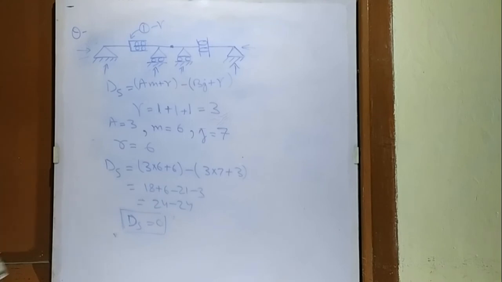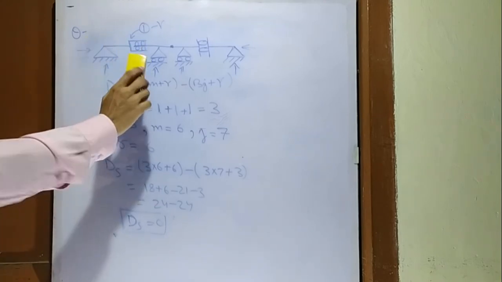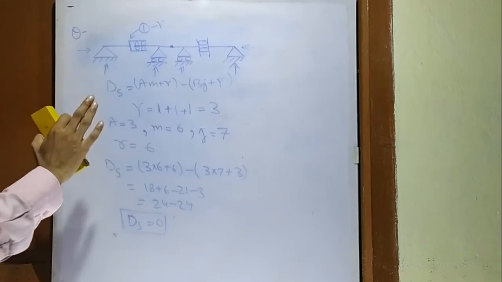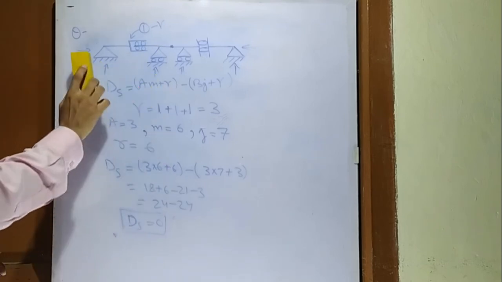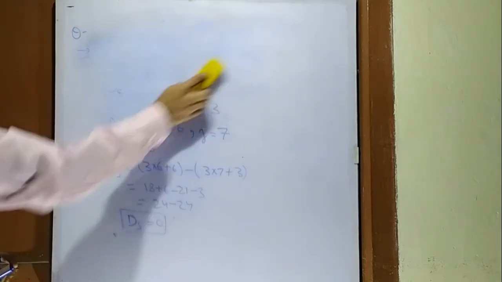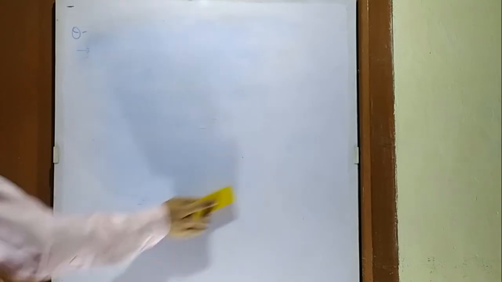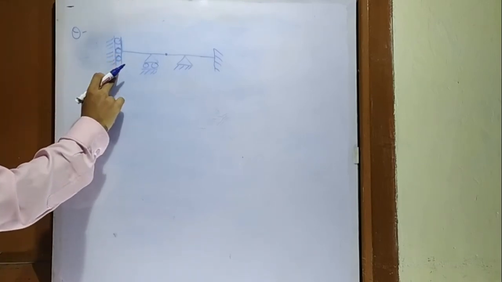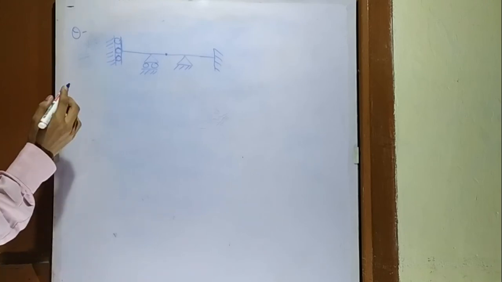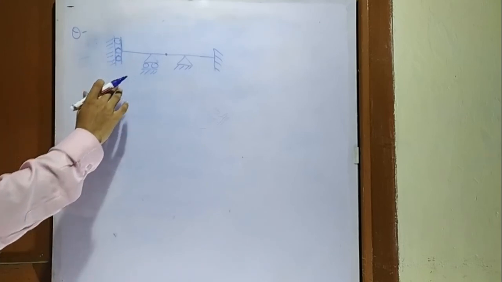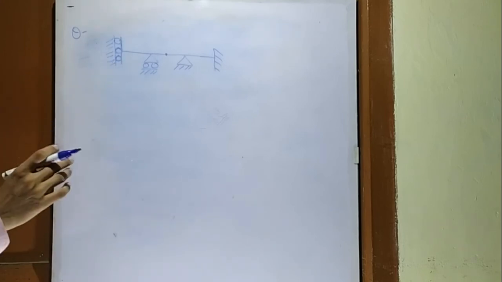Now in this case the hybrid joints were in the middle of the span. If the hybrid joints are in the middle of the span, we will just treat them as release. Now if we take a problem in which these hybrid joints are at the support, how will we solve that problem? So let us try to solve this example. Now in this example the guided roller is at the support. So in this case we will treat this guided roller as a support. We will not treat this guided roller as a release as we have done in the previous example.